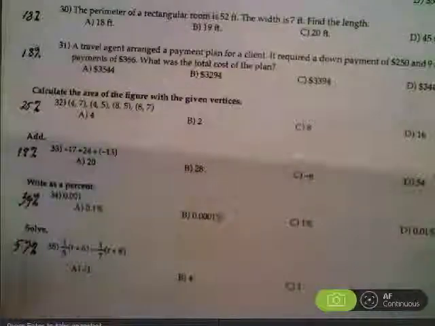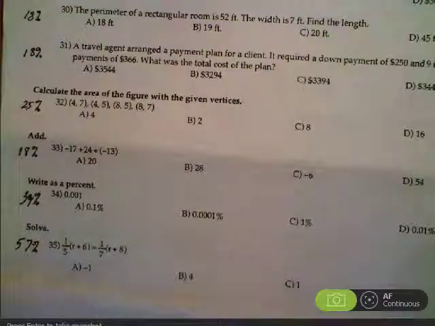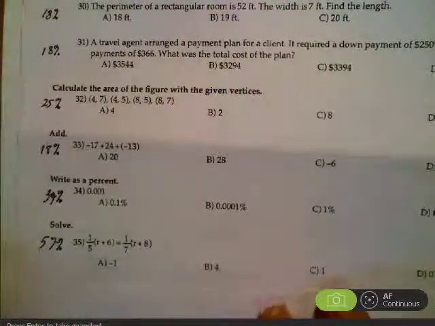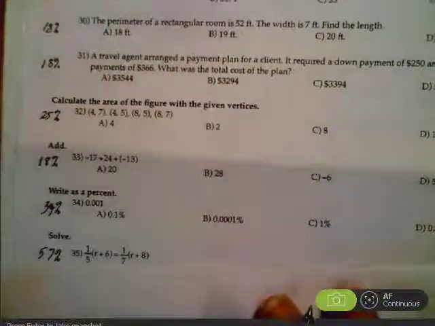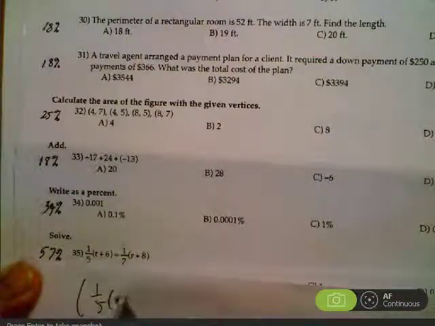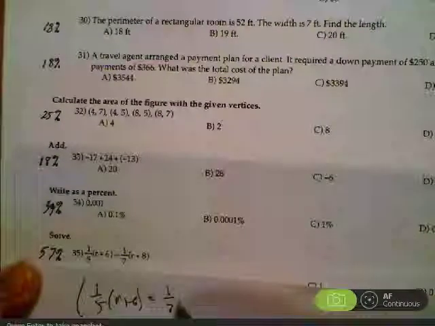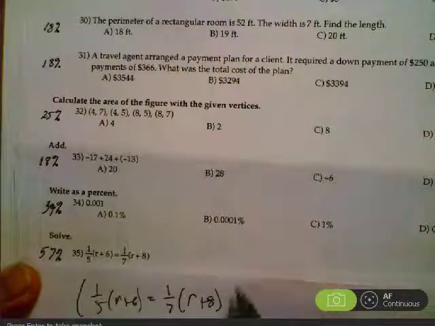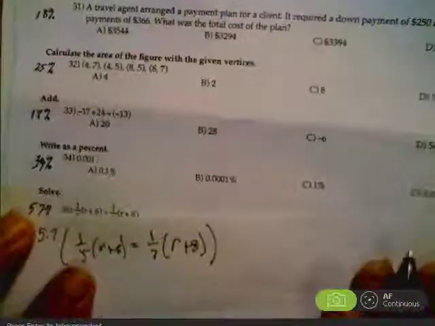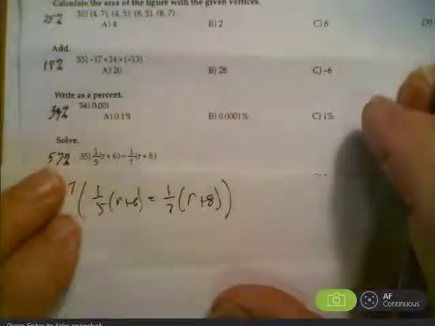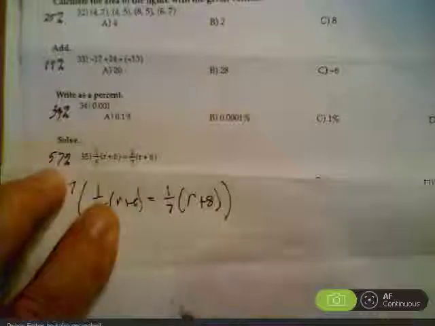On the bottom of this page, we come again to our fractions. Now, we have so much trouble with these fractions, but again, what we want to do is not use fractions. We want to clear them using the big parens. So when I multiply by my LCM using the big parens, my LCM, since they're both prime, is that. And when I cover my 5s, I see I got 7 times